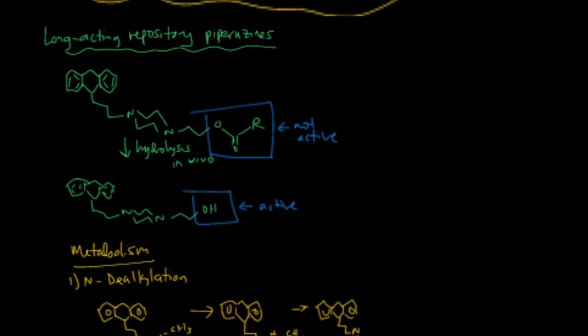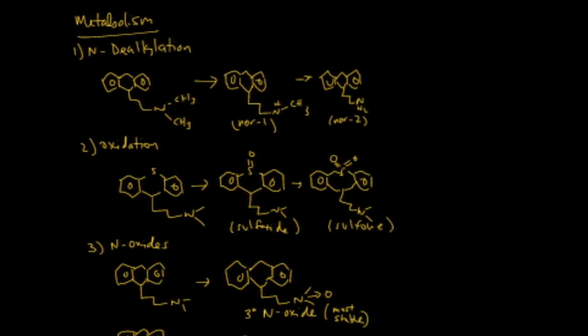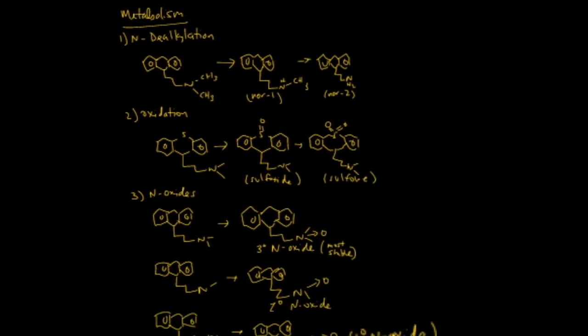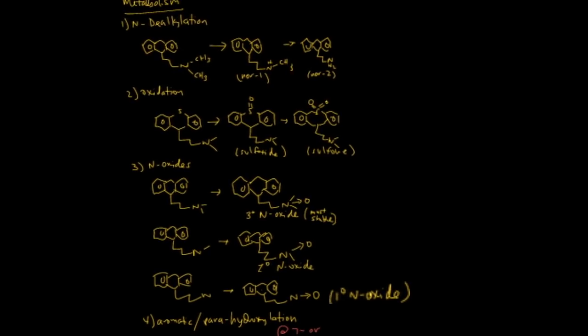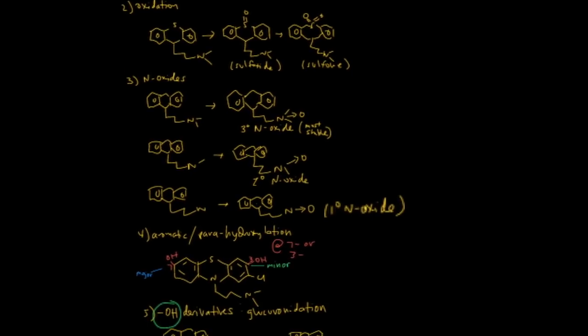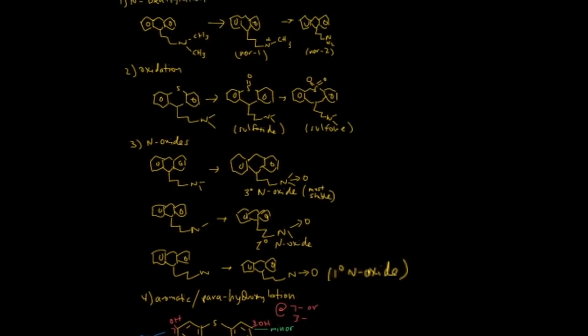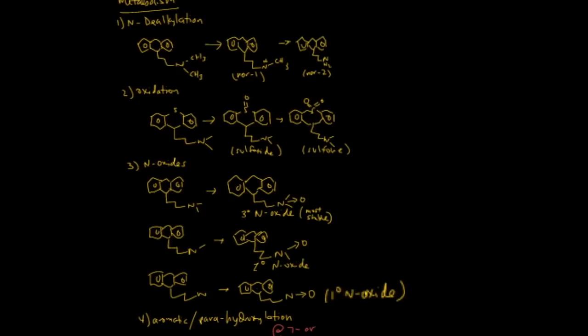There are 3 ways, 5 ways, a lot of ways that phenothiazines can be metabolized: N-dealkylation, oxidation, and oxides, aromatic parahydroxylation, and glucuronidation of the hydroxyl group. Remember that tertiary